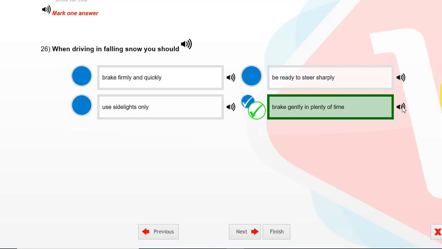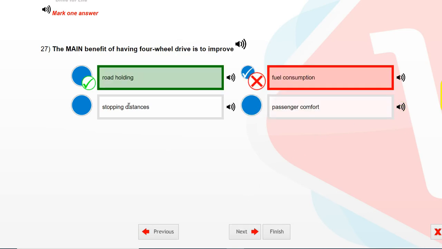Brake gently in plenty of time. The main benefit of having four-wheel drive is to improve. Select one answer. Road holding.